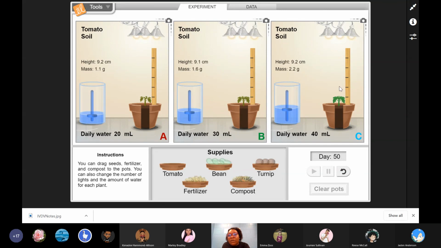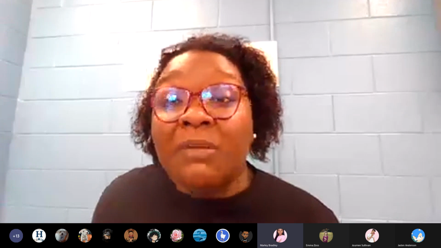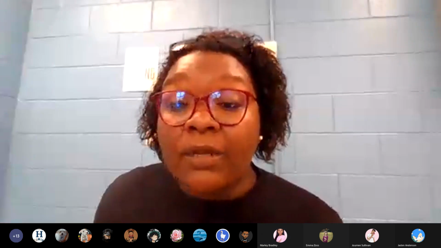Plant C is also going to be the one that's able to live the longest because we see that this is green. That means it doesn't have much chlorophyll. And that means they won't be able to make their own food for very long. So on Thursday, you're going to be completing a lab report that's going to be for a test grade using